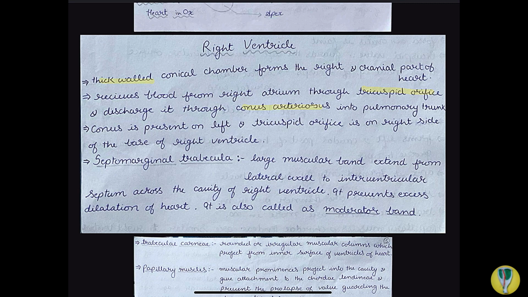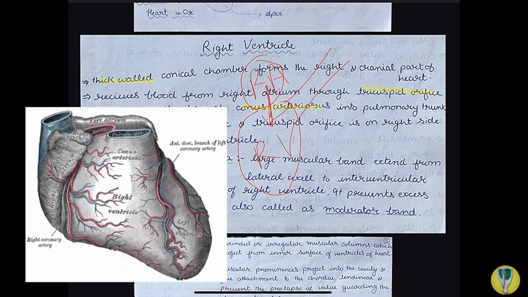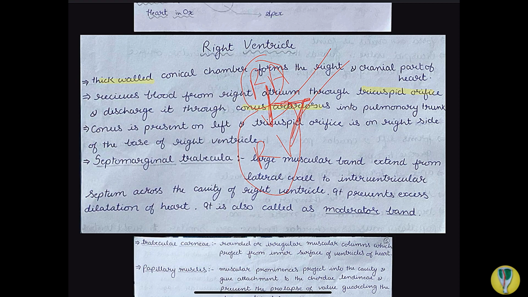So here we have an atrium, then the right ventricle. So blood will enter into the ventricle via the tricuspid orifice, which is guarded by the tricuspid valve, and it will supply the blood to the pulmonary trunk, or we can say to the pulmonary artery, via a structure called the conus arteriosus. It is a cone-like structure, that is why we call it conus arteriosus. Then the conus arteriosus is present on the left and the tricuspid orifice is present on the right side of the base